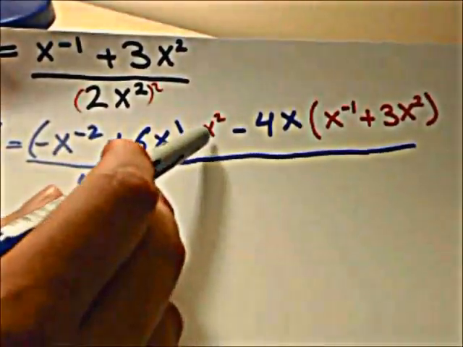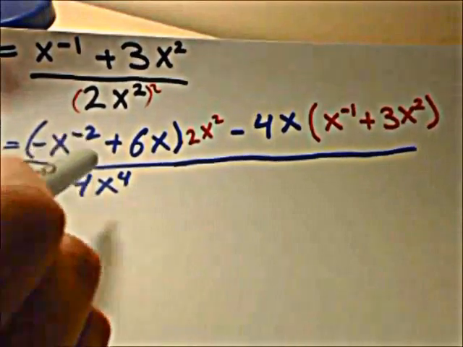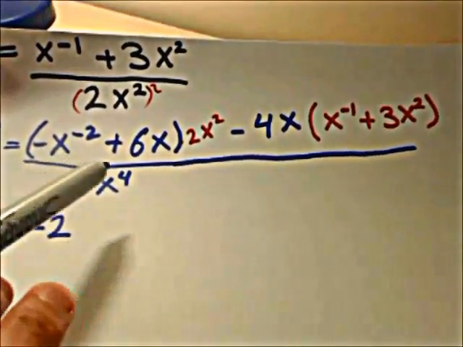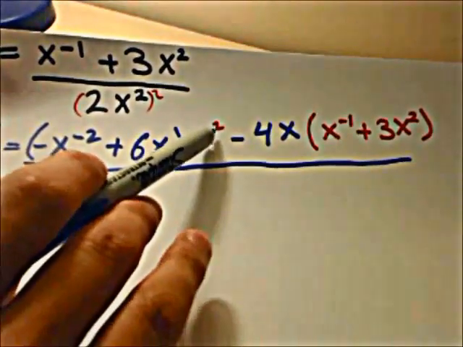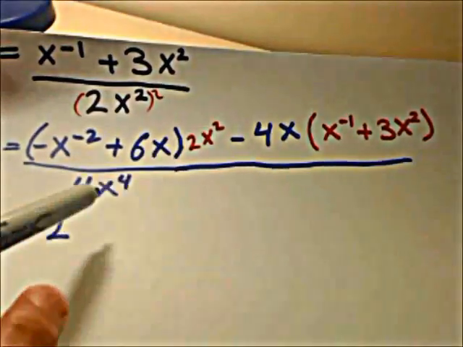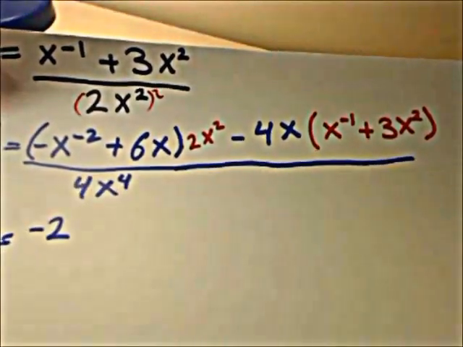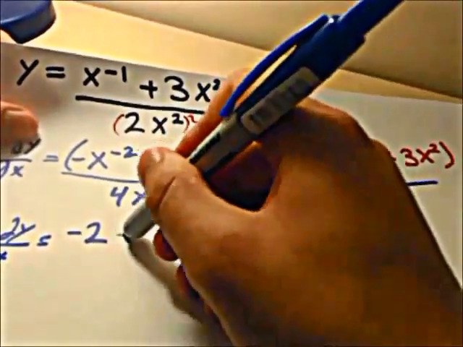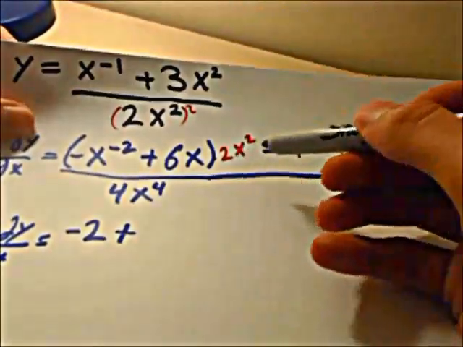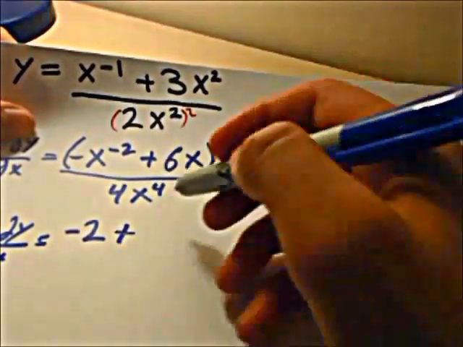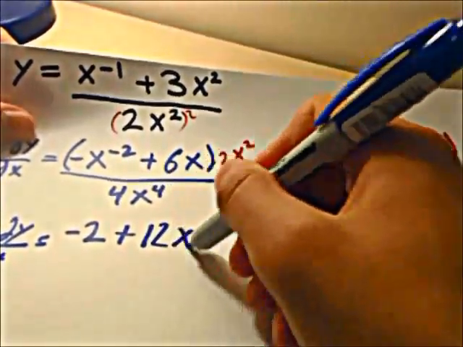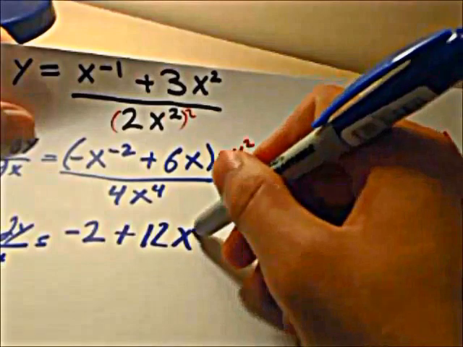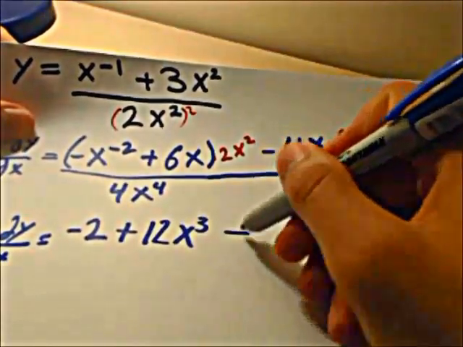Minus 2, and then x squared times x to the power minus 2 will cancel each other out, because 2 minus 2 is 0, so x to the power 0, and anything to the power 0 is 1, so we're left with minus 2 only, plus 2x squared times 6x, so 2 times 6 is 12, and then x squared times x is x to the power 3, minus